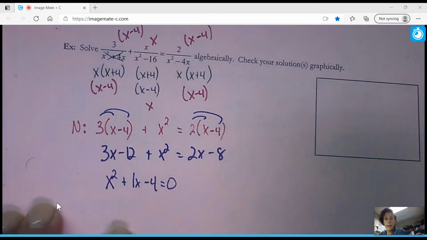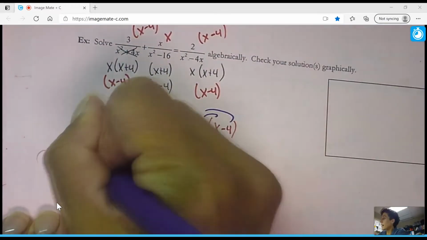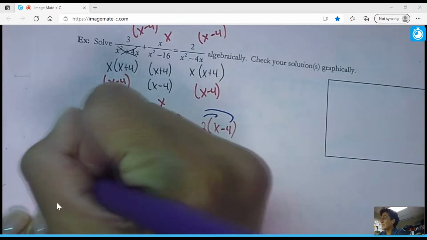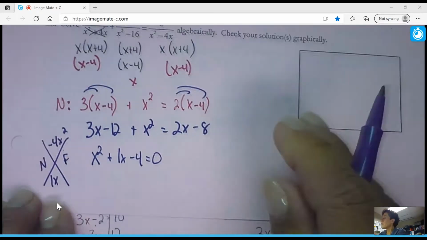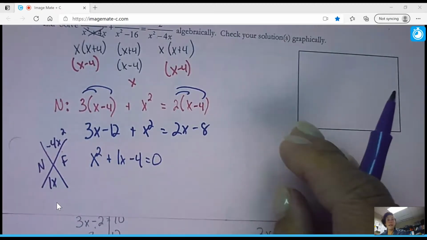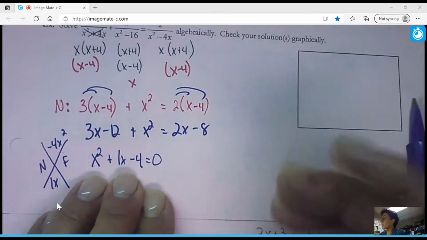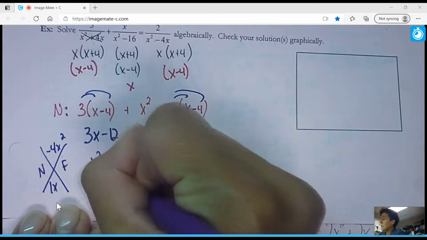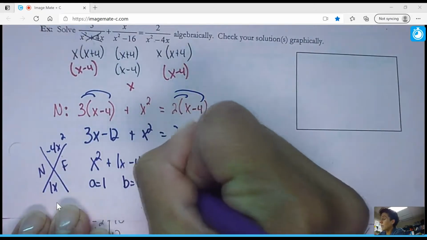And now I'm going to try to factor. So I would be looking for factors of negative 4 that get me to 1. And as it turns out, this is not factorable. So the reason why I'm going to bring this problem is just to remind you that if you can't factor, you will do the quadratic formula. So we'll need to recognize that a is 1, b is 1, and c is negative 4,